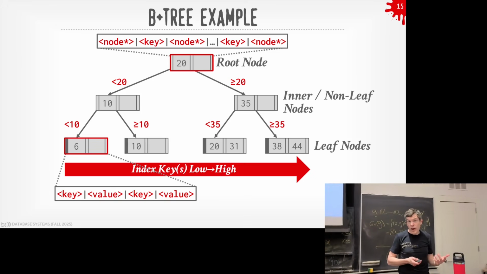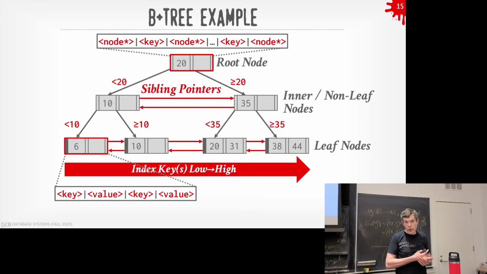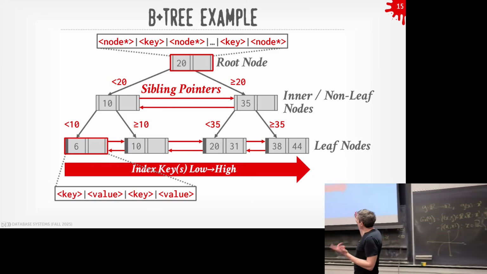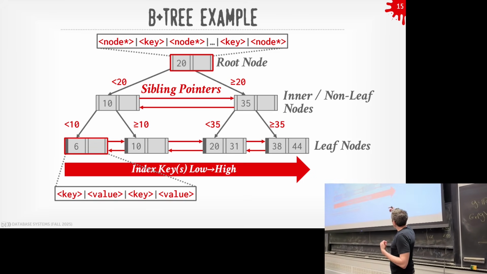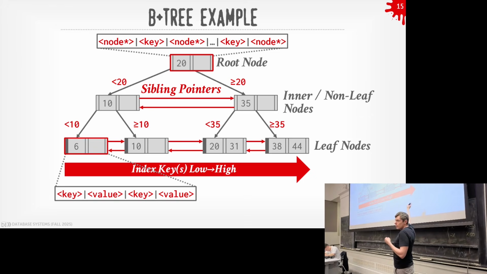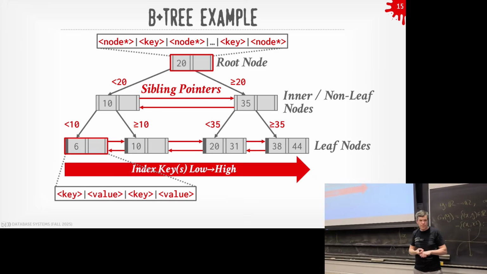One thing we're going to add as well, and this will make it easier for us to do splits and merges in a second, is sibling pointers. This is what the B+Tree added in 1981. So now when I want to do a lookup like a range scan, like find me all the keys that are greater than 15, I could start at my root node, traverse down to the bottom, and then scan across the leaf nodes and follow those sibling pointers to find all the entries that I want. And I don't have to backtrack and go back up to my parent to jump down to the next one.